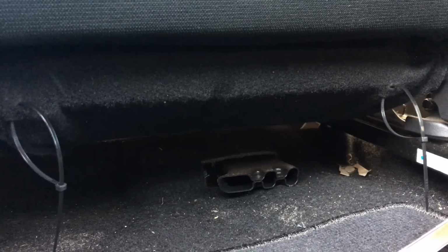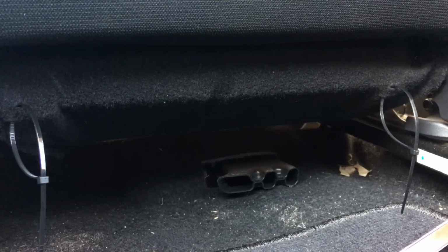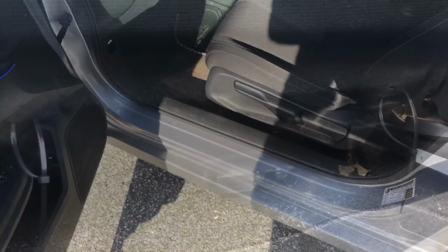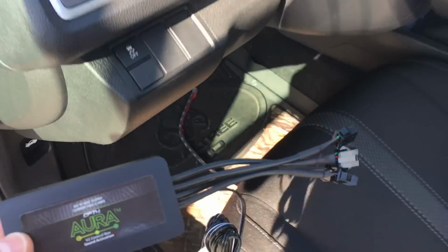On the driver's side now, you can see we got the 2 zip ties in, giving them a little tug, make sure they're secure, and we're good. Next, we're going to be figuring out where we're going to be installing the control box and routing the wires for all the LED strips. Alright guys, here's our control box. I'm going to be installing it in the driver's side footwell,